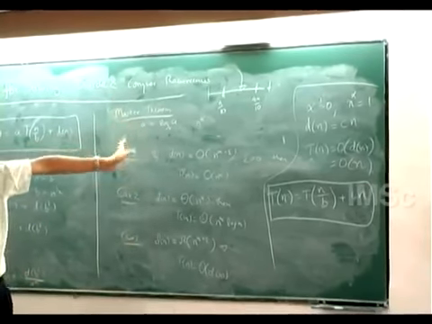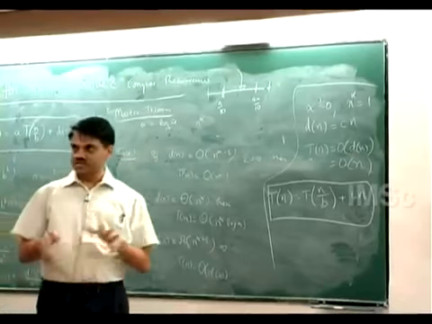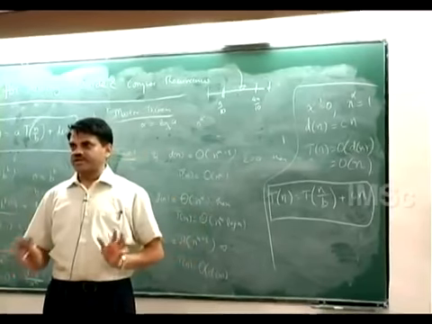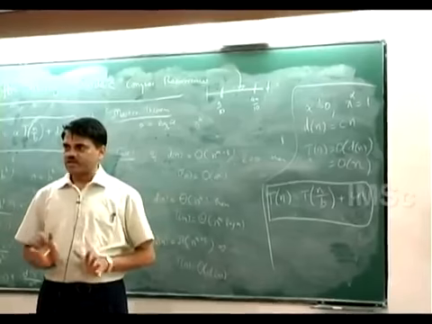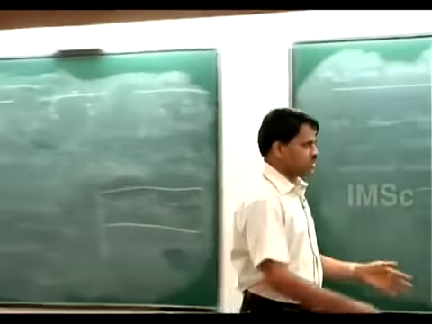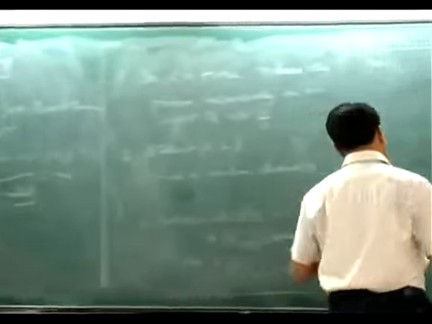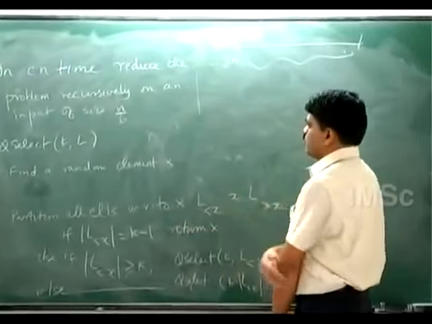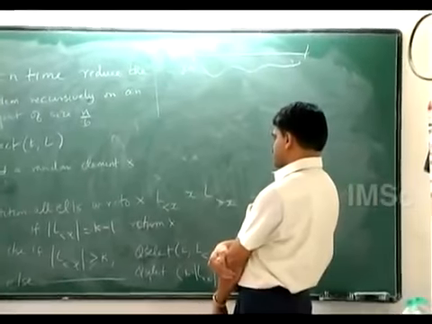And so one can actually do a formal analysis of this and show that the expected running time of this is linear, because of this exact linear time, and a fraction of the input is where I'm recursing. But now I'm talking about working for a worst case. So what I want